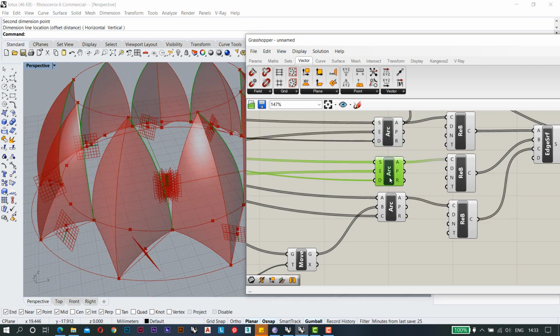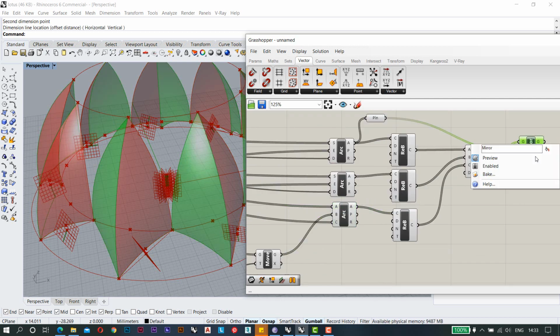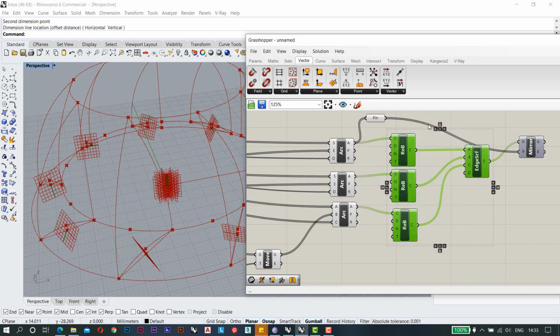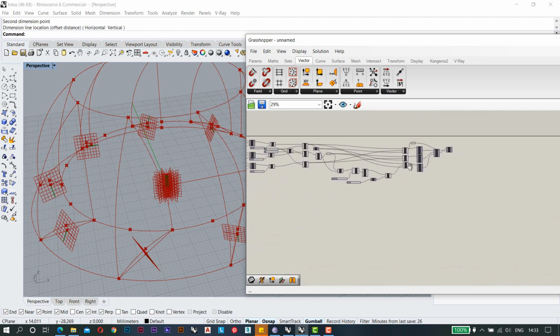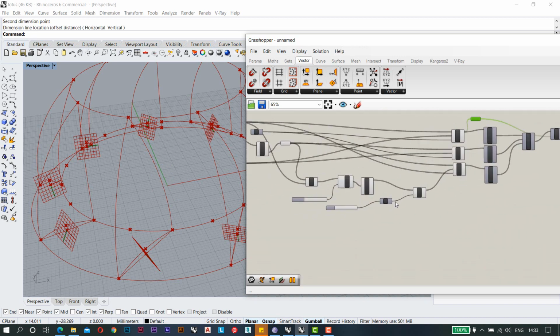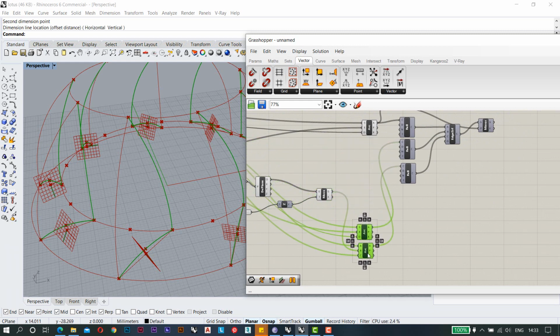We need to remake this arc, which is this one, and we need to make this arc which is at the bottom. If I just show you with the preview off, basically we need to make this arc and this arc. So I will just turn the preview off for these ones. We need these 2 arcs, so I'm just making them separate.